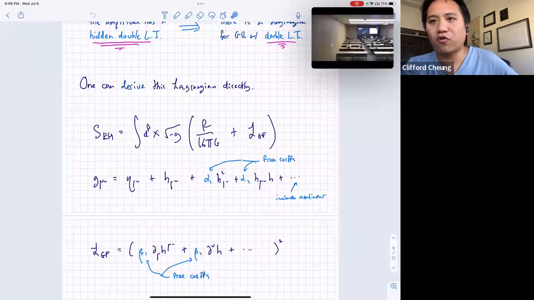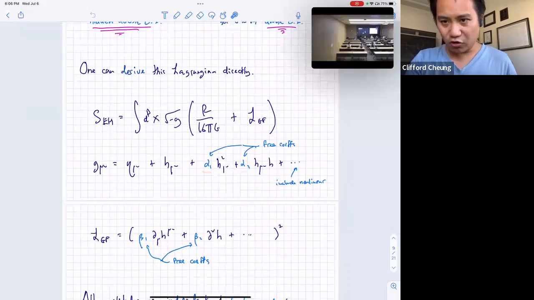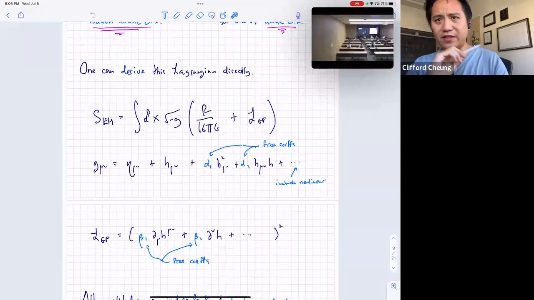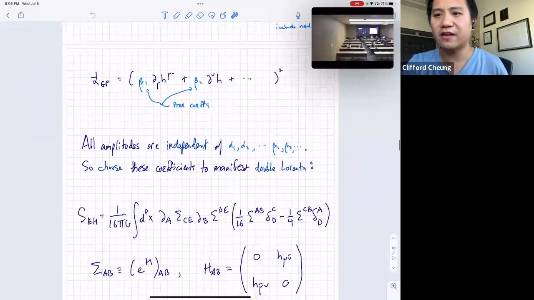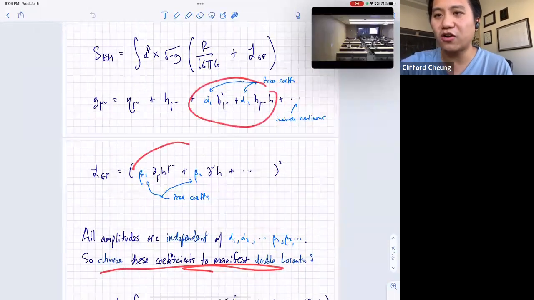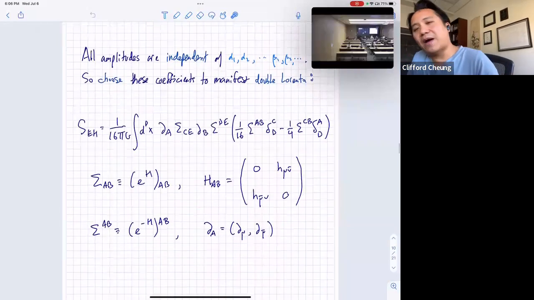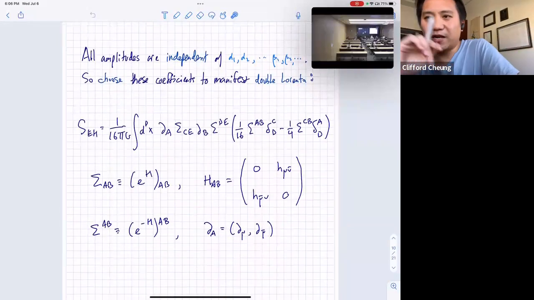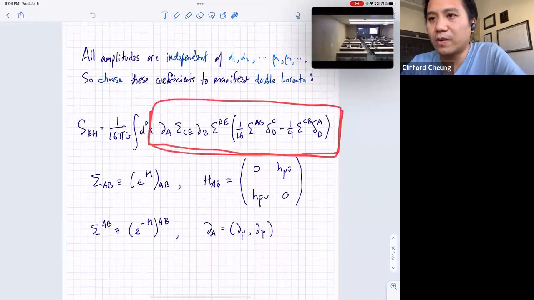Now, they don't change the amplitudes, but of course they change the Lagrangian. Right? They very explicitly modify the Lagrangian. So you could ask, could I choose alpha 1, alpha 2, beta 1, beta 2 to make this property of doubled Lorentz invariance manifest? I'm not going to go through the exercise of that, but it turns out you can. So in other words, you can choose your Lagrangian coefficients here in a way where you still have Einstein gravity, but this is the action. I'm going to skip all the intermediate steps because it's amusing, but too much to talk about. But I'm saying that Einstein's general relativity at tree level can be written in the following way,